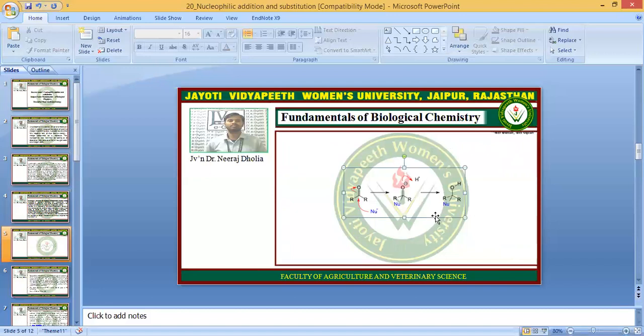So here is the example of nucleophilic addition. Okay, so this is the nucleophile that has the negative charge, and that is attracted by the central carbon because it has a partial positive charge, while the oxygen atom has a partial negative charge. So the nucleophile will add to the partially positively charged carbon and the hydrogen atom is removed from here. So it is finally bonded here.